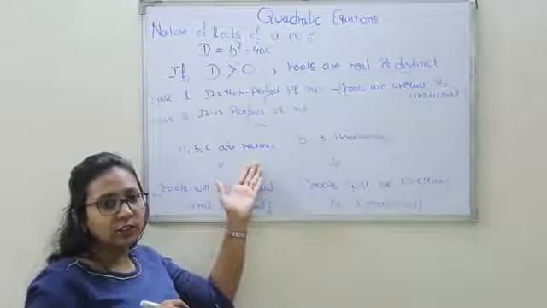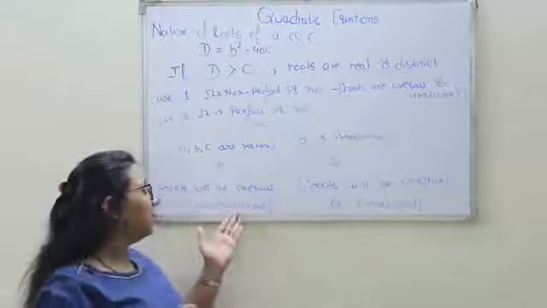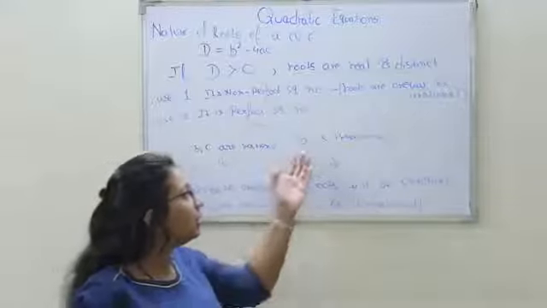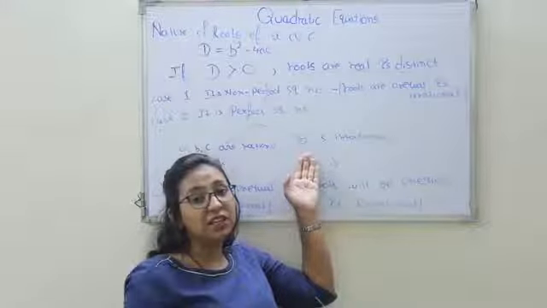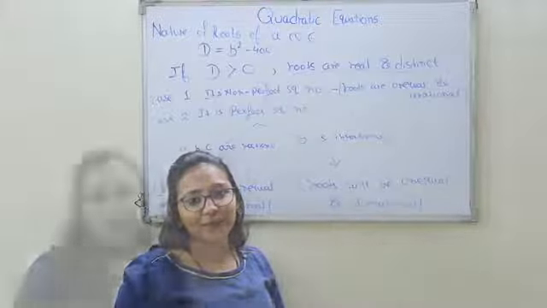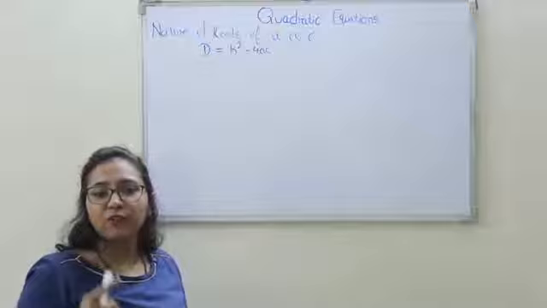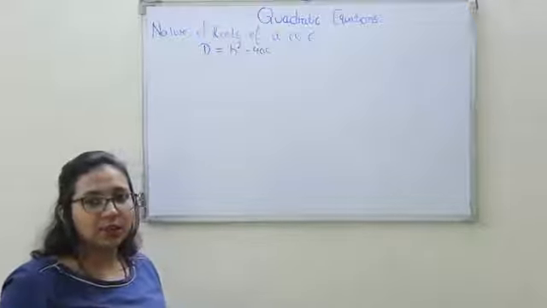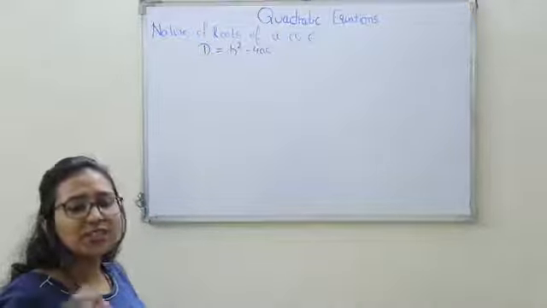If it is rational, then roots will be unequal and irrational. But if only a and c are rational but b is irrational, then the roots will be unequal and irrational. So the first situation you learnt is if your d is any positive number. Now the second and third situations are very easy.